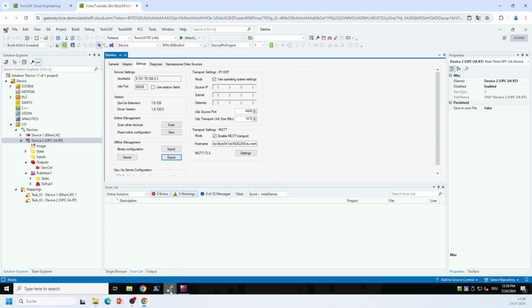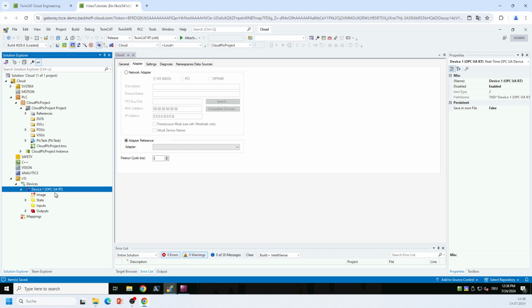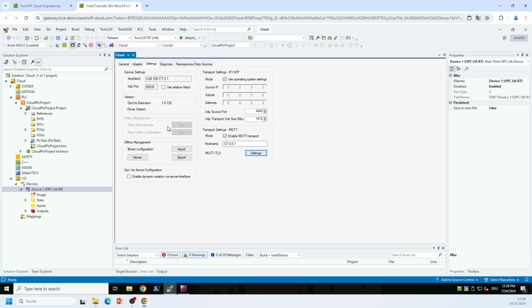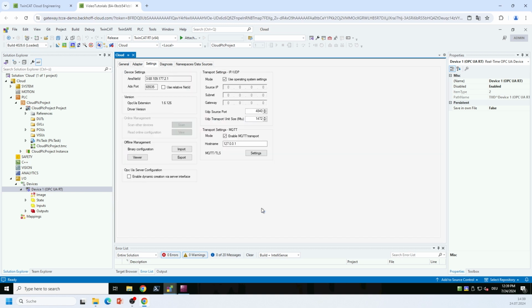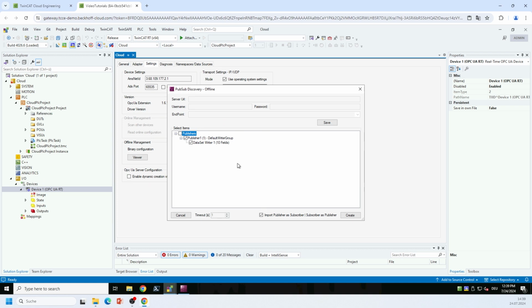And then I switch back to my other project. Also go to the OPC UA RT device, to the Settings tab, and click on the Import button. I select the configuration file, and I will then be presented with a dialog that shows me what's inside of this configuration file. And the dialog says, okay, I have found a publisher in this